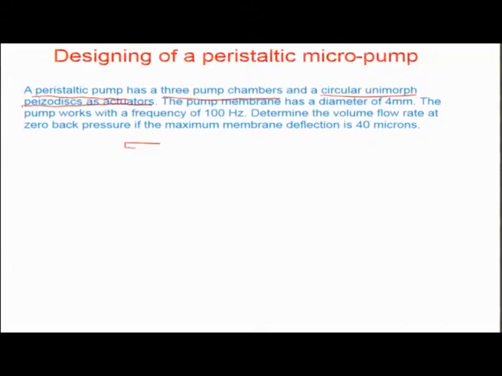For example, this is that disk and this is placed over a chamber. This is the chamber over which this disk is placed, and because of the mechanical action as the piezo disk is actuated through a voltage signal, there is bending. So, the piezo disk bends in this manner,